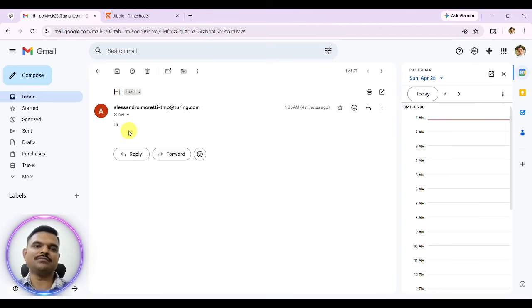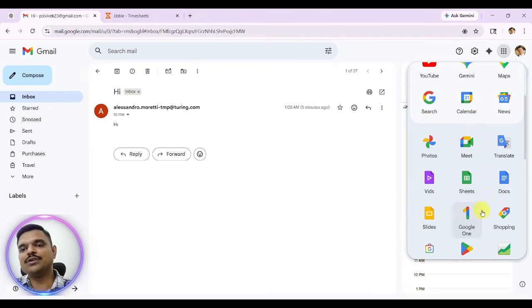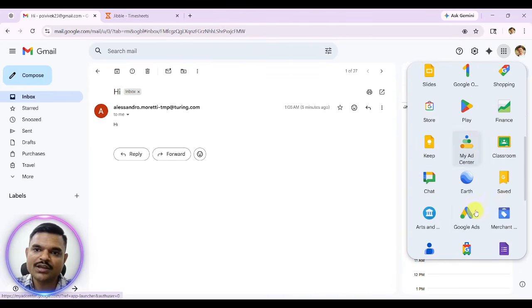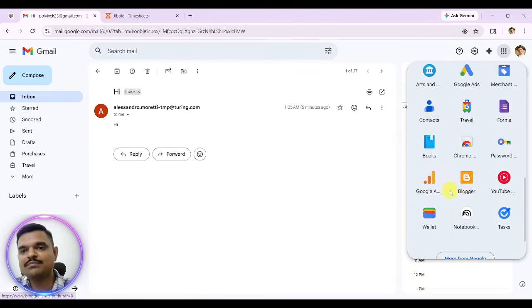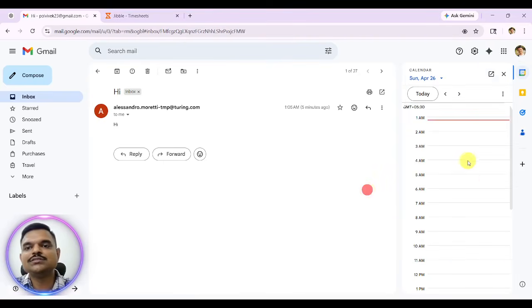What is a great thing in this? You just send hi, but it can do all kinds of Google tasks. It can do various tasks related to Drive, Gmail, Google Maps, Calendar. It can schedule your calendar, whatever Google products you are seeing, Google Sheets, Google Docs, anything it can perform. Means OpenClaw can perform all these things. So it is like your personal assistant.